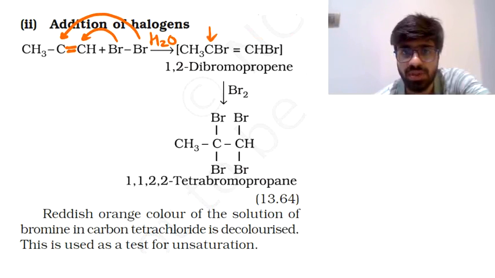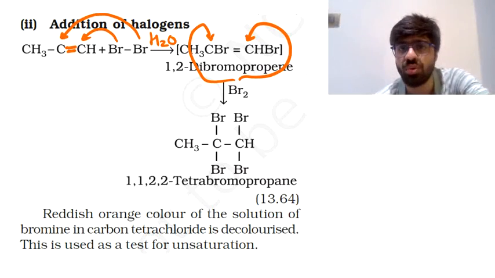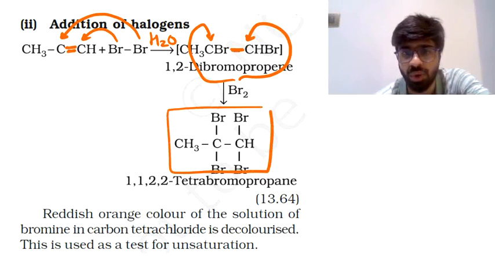Okay, so the two carbon atoms, like I said, containing a bromine atom, and the triple bond getting converted to a double bond between the two of them. A further addition of bromine will take place, and the bromine atoms are again going to add on the carbon-carbon double bond only. And after the addition of two more bromine atoms, the double bond will now become a single bond, and this is the final compound you get.